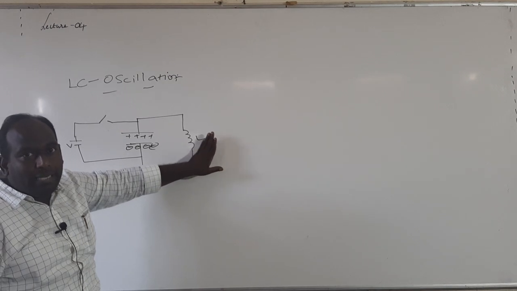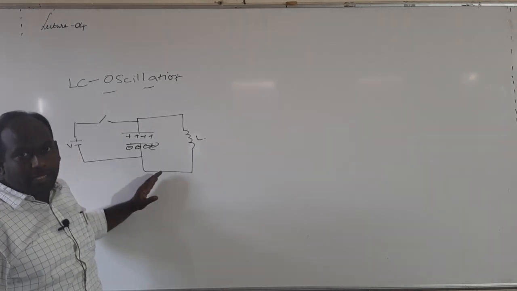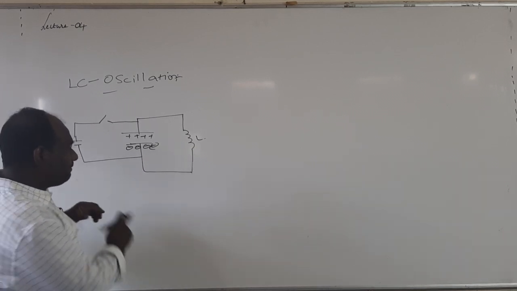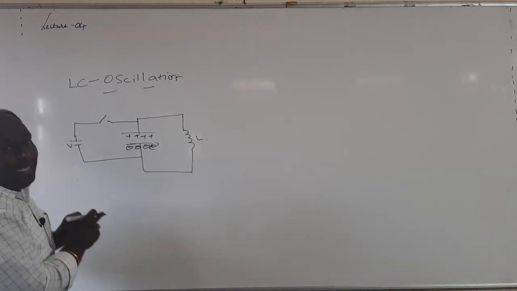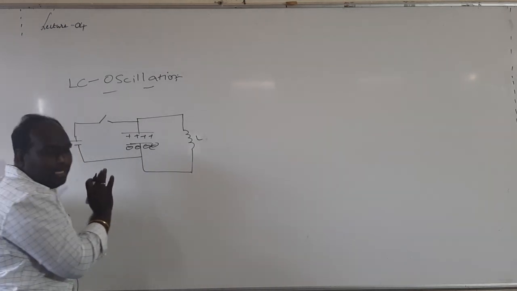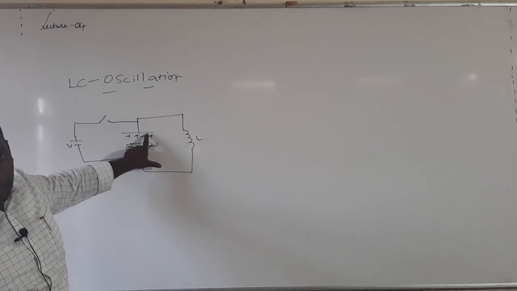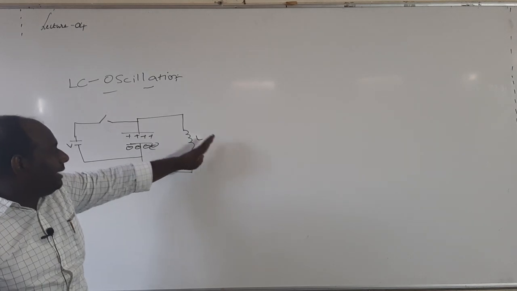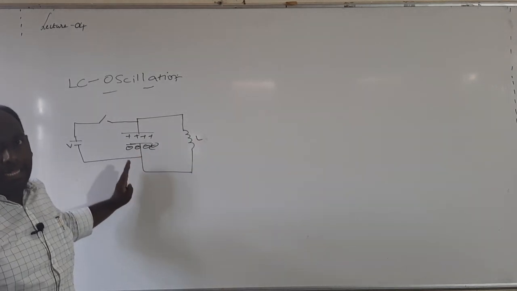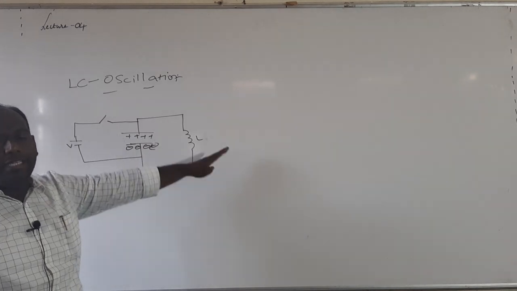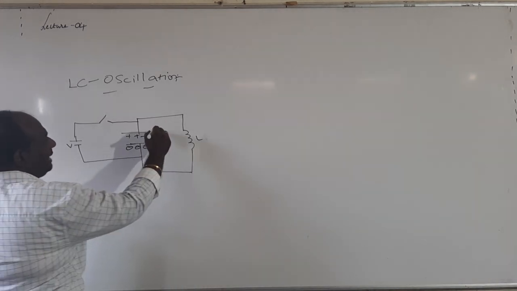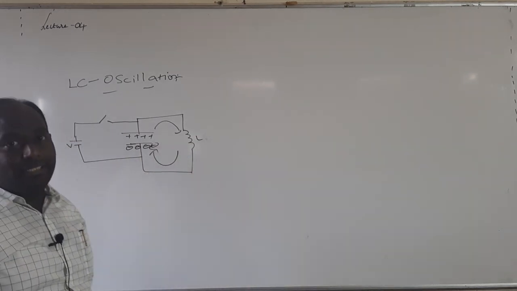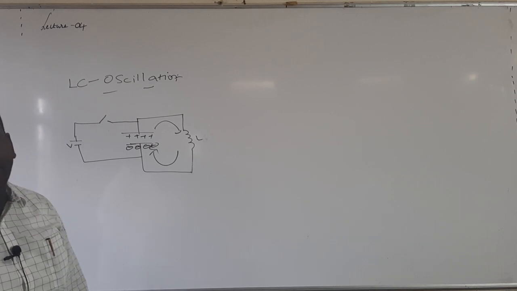Now what will happen? The inductor starts giving the charge, then the capacitor gets charged. So whatever energy is stored in the LC oscillation, the total energy is circulating. At a certain point of time, the total energy is stored in the capacitor. At a certain instant, the total energy is stored in the inductor. After some time, the inductor gives the total energy to the capacitor. After some time, the capacitor gives the total energy to the inductor. So here we observe that energy is oscillating between inductor and capacitor at regular intervals of time. This phenomenon is known as LC oscillations.